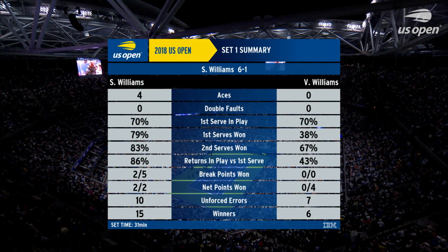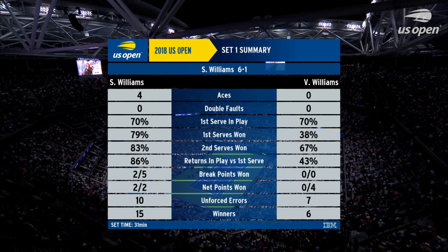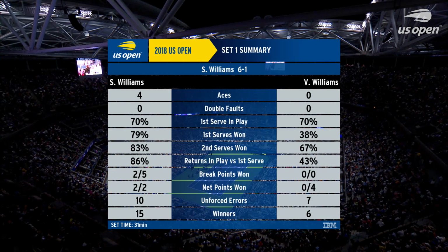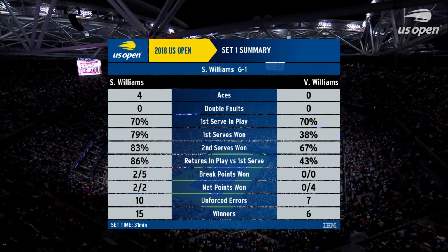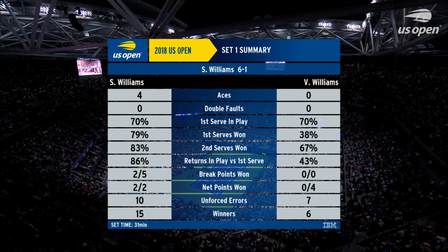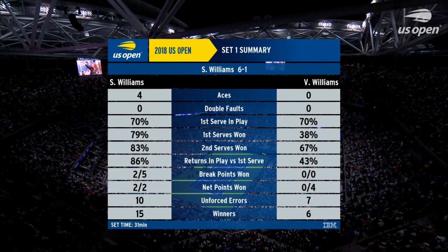Well, 4 aces. The similar numbers on first serves in play, but look at the first serve win number for Venus. That's a big difference, and that's been a big part of the problem for Venus. Serena jumping on every serve, first and second, that's short in the box. Venus has actually been more successful with the kick serve as a second serve, and Serena so clean,